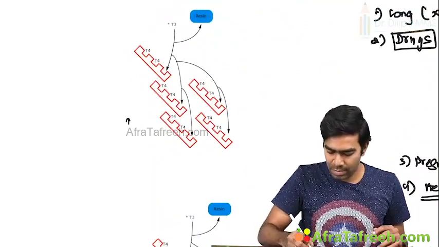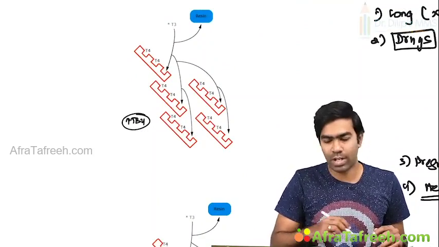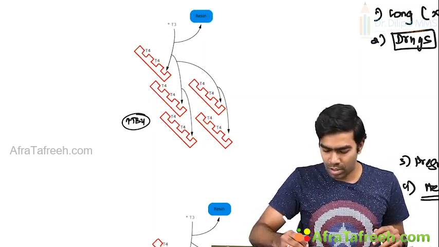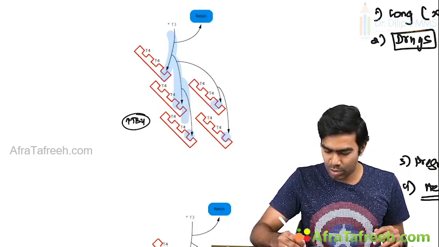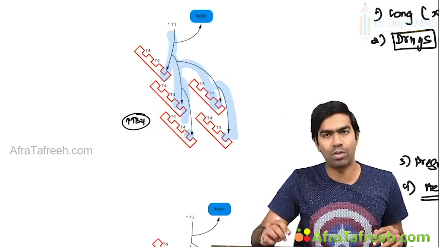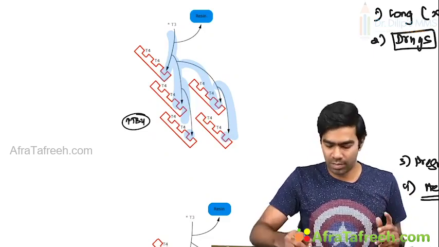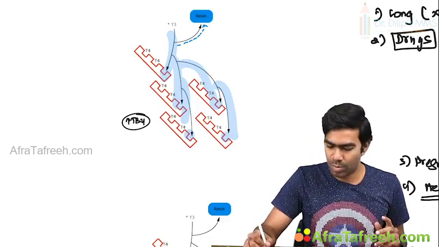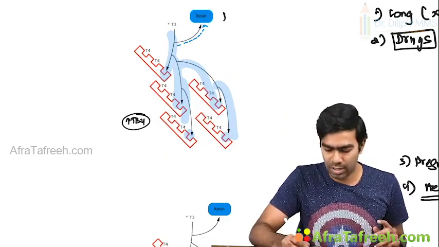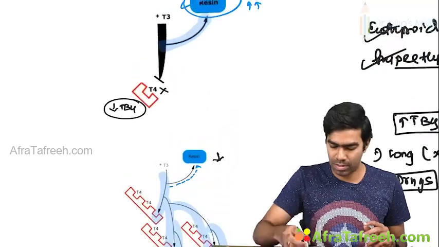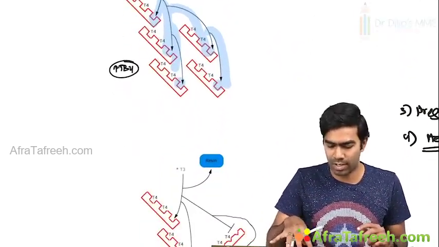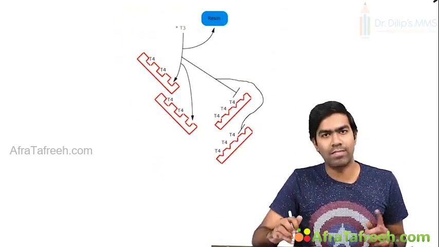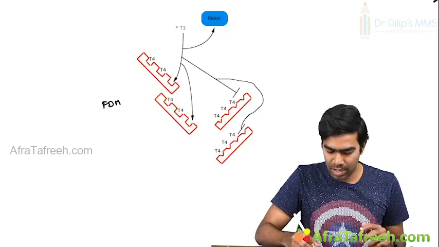Whenever you have a very high TBG, what's going to happen? Lot of binding sites will be free in the TBG itself, which means so much of radio-labeled T3 will be bound to the TBG itself, leaving very little to be bound to the resin. So the resin uptake will be reduced. Compare with this, here the resin uptake box size is high, here box size is very small, resin uptake is very little. This is familial dysalbuminemic hyperthyroxinemia,